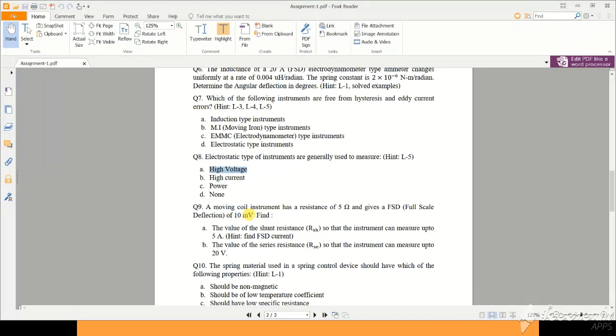So we have studied in our lecture number 5a, right? The range extension for PMMC type of instrument, moving coil, is given. So easily we can find it out. That is, m is the voltage to be measured, that is 20 volt divided by 10 millivolt. And you can apply your formula, RAC is equal to Rm into m minus 1, right? And Rm is this thing, 5 ohm. It is the meter internal resistance, right? So easily you can find it out.